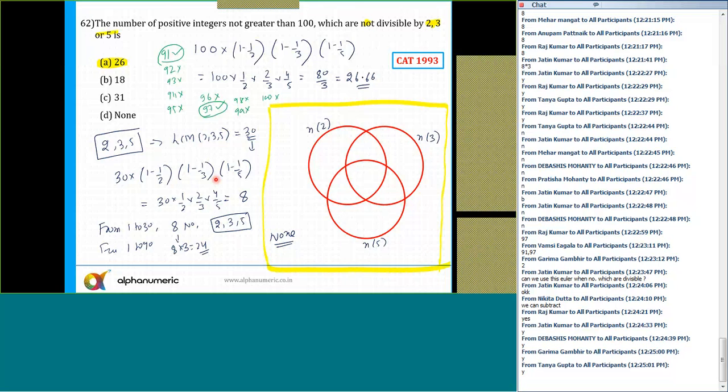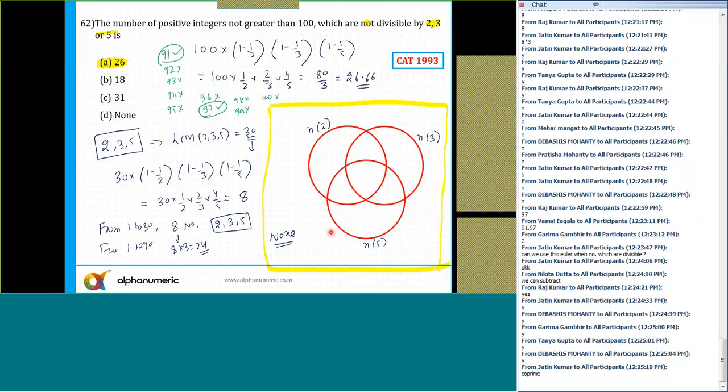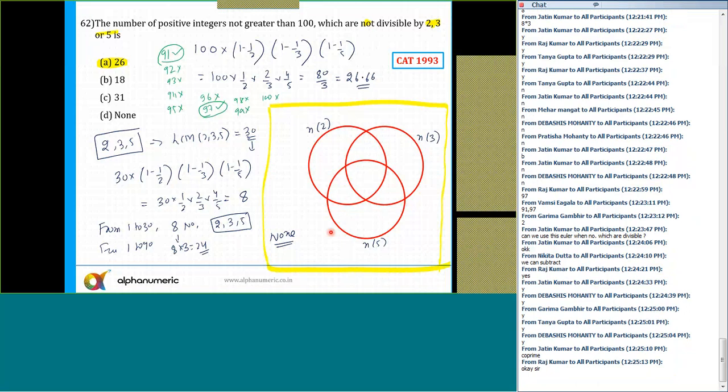And this Euler's formula is derived by using set theory only. Remember, it is derived by using the funda of set theory only. From the total, if I subtract these 3, then only I'll get this particular formula. Yes, you can say co-prime also. But do not go for the name. Name is not important. You should know the logic. The logic is simply that every second number is a multiple of 2, every third number is a multiple of 3, every fifth number is a multiple of 5. So that's why it is 1 minus 1 by 2 and so on. This is how we get the formula. Okay, let's move ahead.